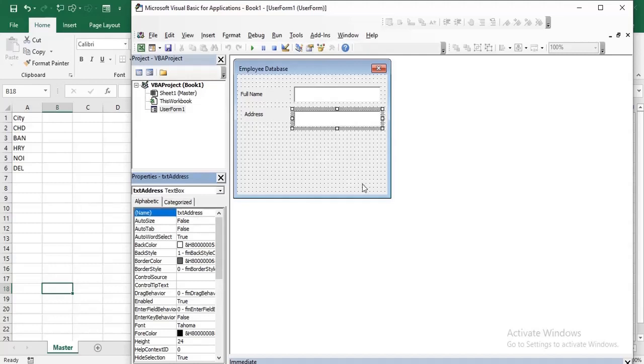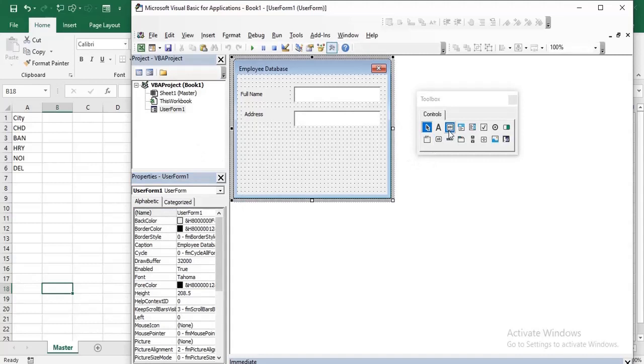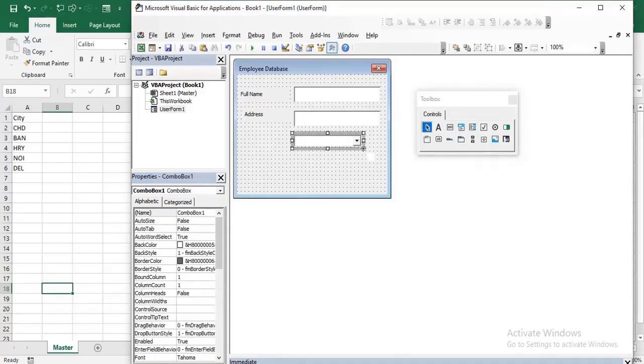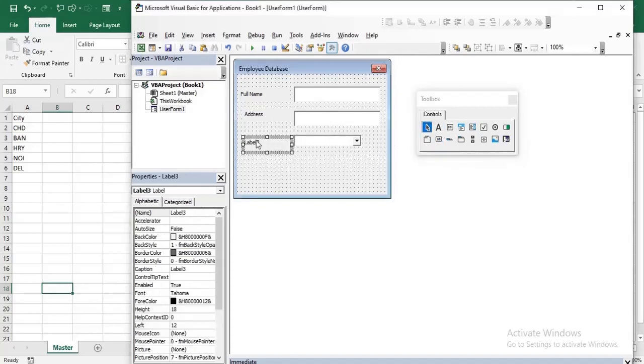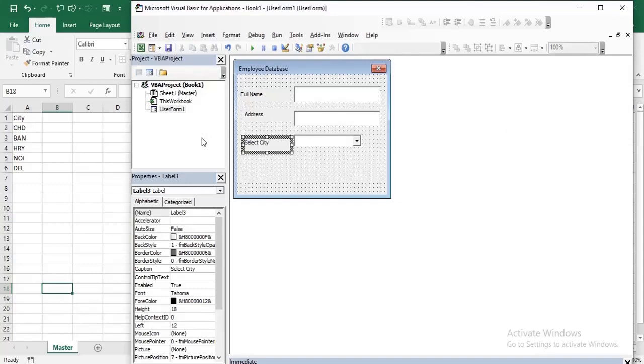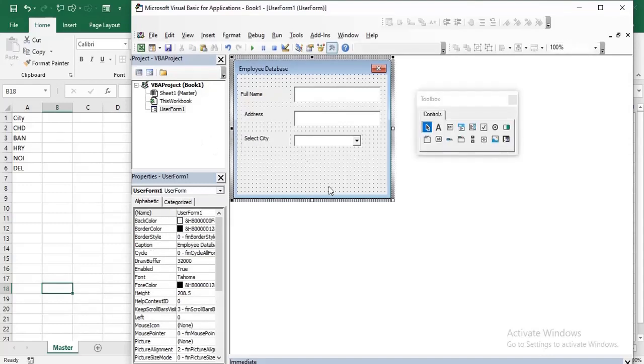So what else can we give here? Let's give the user the option to select his city. So we can give a combo box over here. So this is the combo box, and write city over here, or we can write select city. Let's try with these things first.